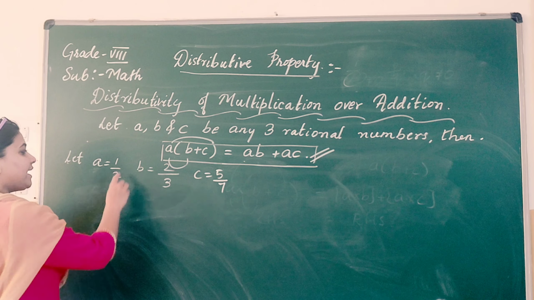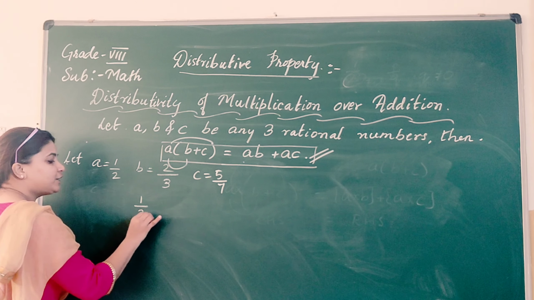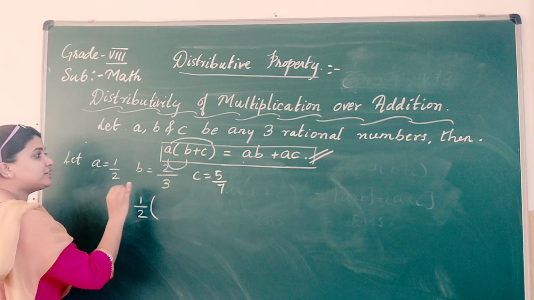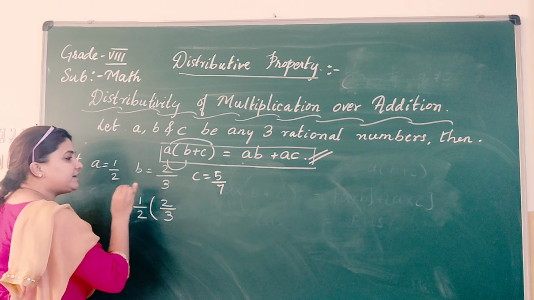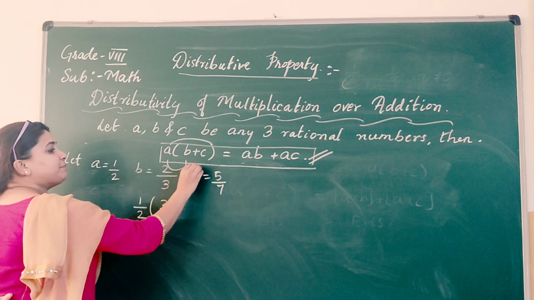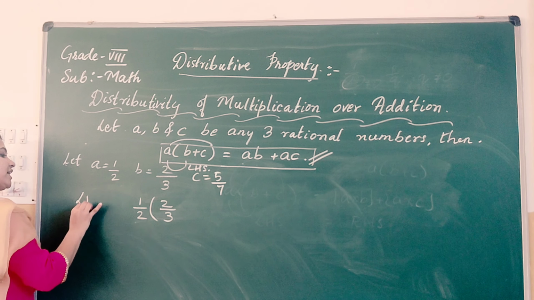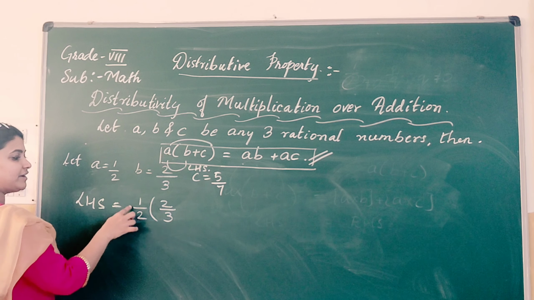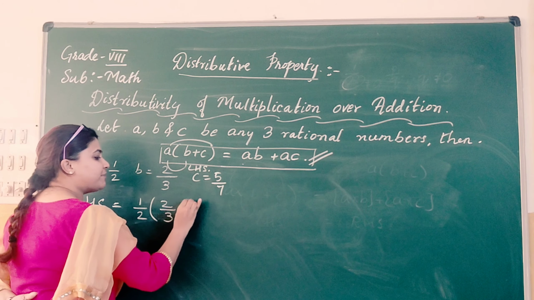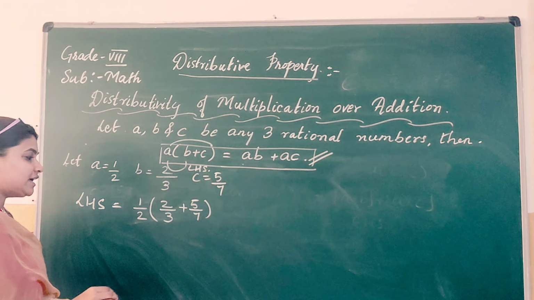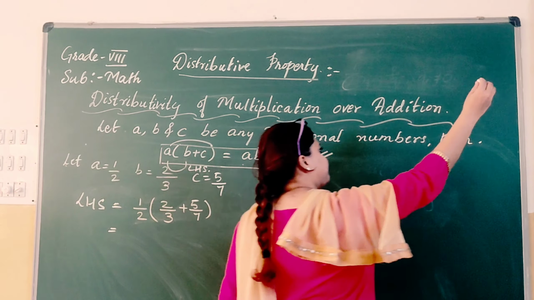Okay, now what is my A? A is nothing but 1 by 2. A is 1 by 2 into what is B? B is nothing but 2 by 3. So 2 by 3 plus. Okay, first let me only solve my LHS, then I go to my RHS. Okay, so for LHS, I have written A as 1 by 2 into what is B? 2 by 3 plus what is C? 5 by 7. Clear? Is equal to, first according to the rule of